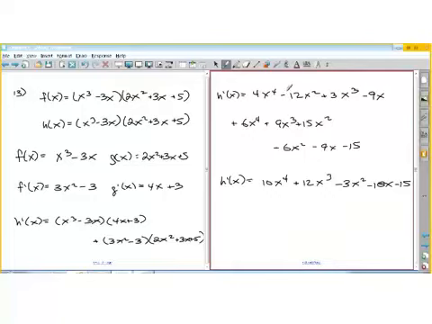Let's see. 6 plus 4 is 10. Negative 3 plus 9 is 12. Negative 12 plus 15 is positive 3. Minus 6 is negative 3. Negative 9 plus negative 9 is negative 18. Negative 15. Okay. So now if we stick 1 in there, we're going to get 10 plus 12 minus 3